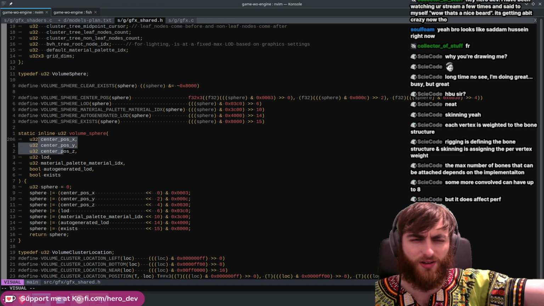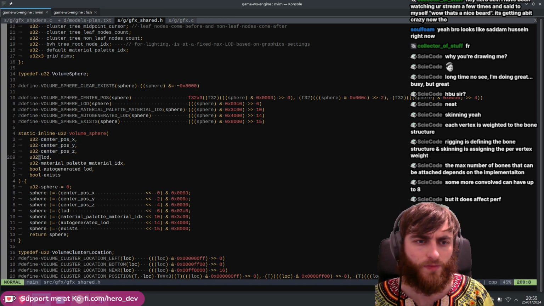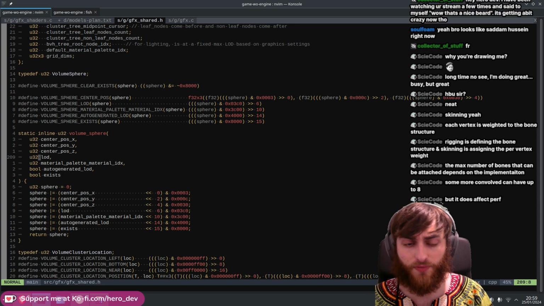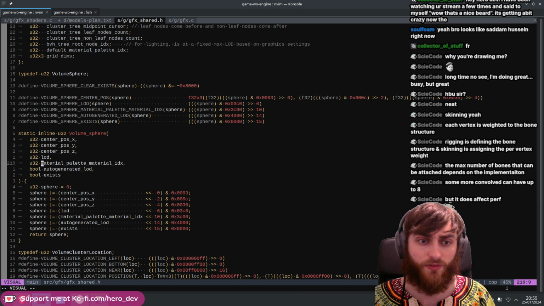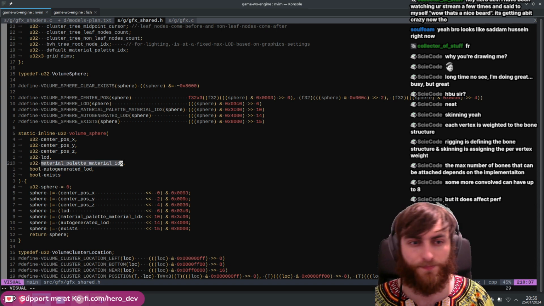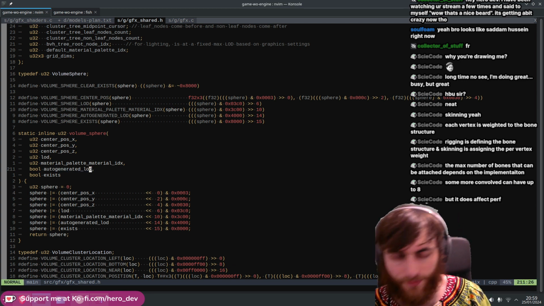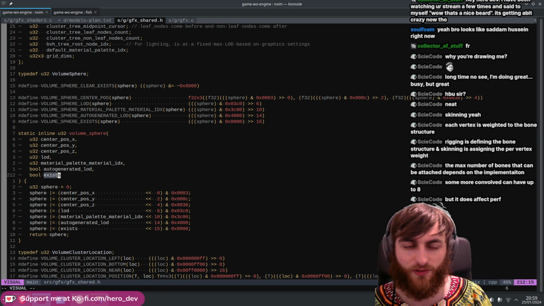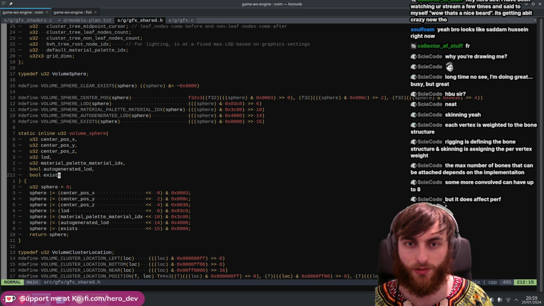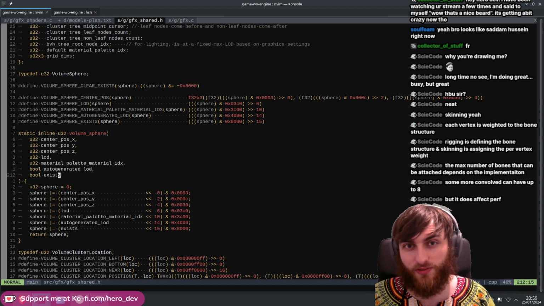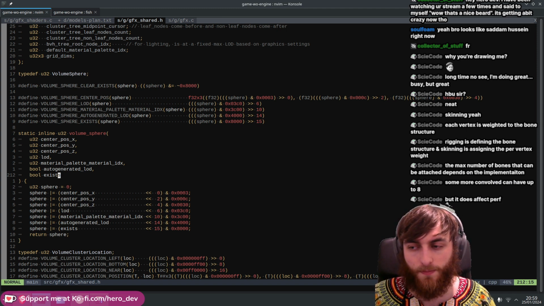For some reason I overlooked that. You don't need the LOD in there as well, so you get rid of that. There's the material palette index, that's only 4 bits. Auto-generated LOD probably doesn't matter. The exist bit, we'll probably need that. So that's 5 bits so far. So if we try and stick within that limit of 16 bits,